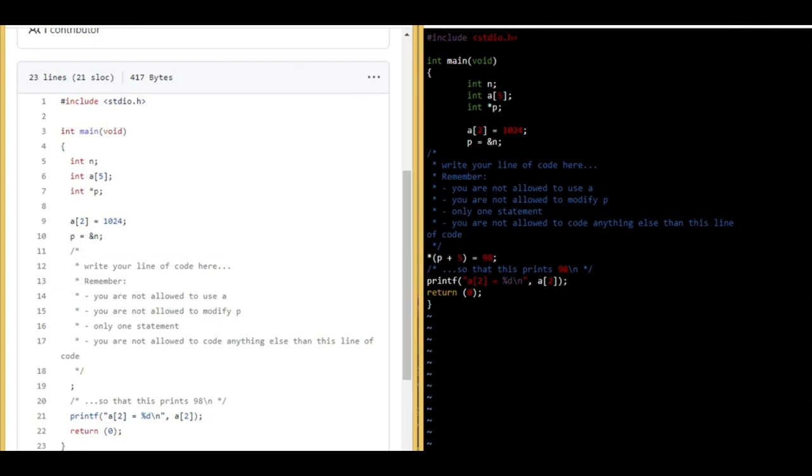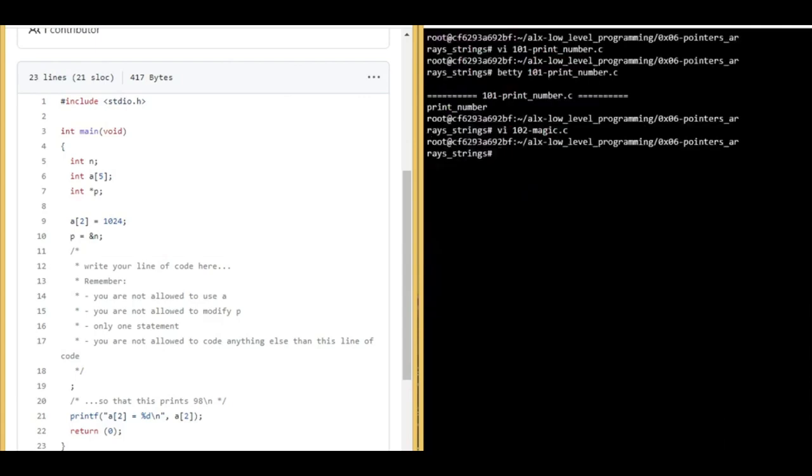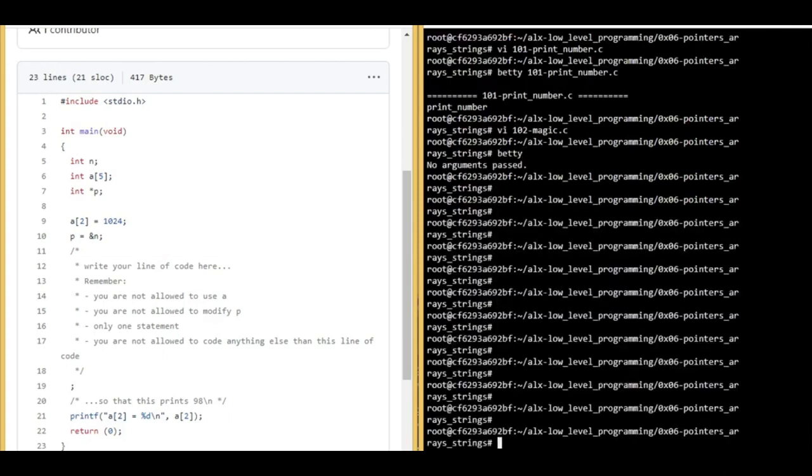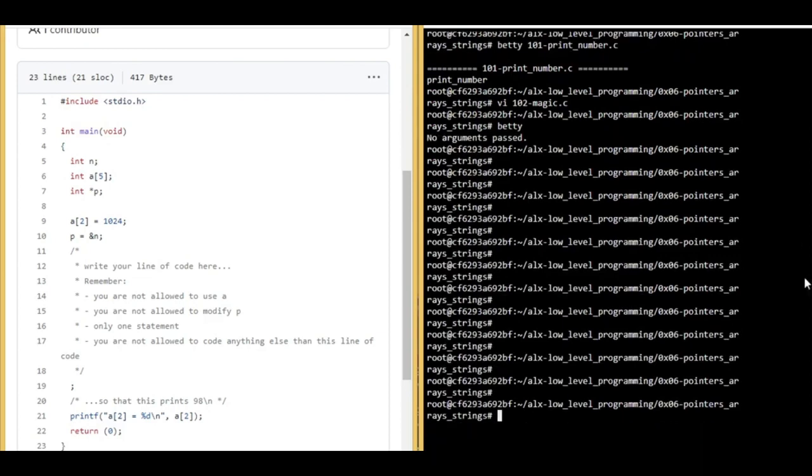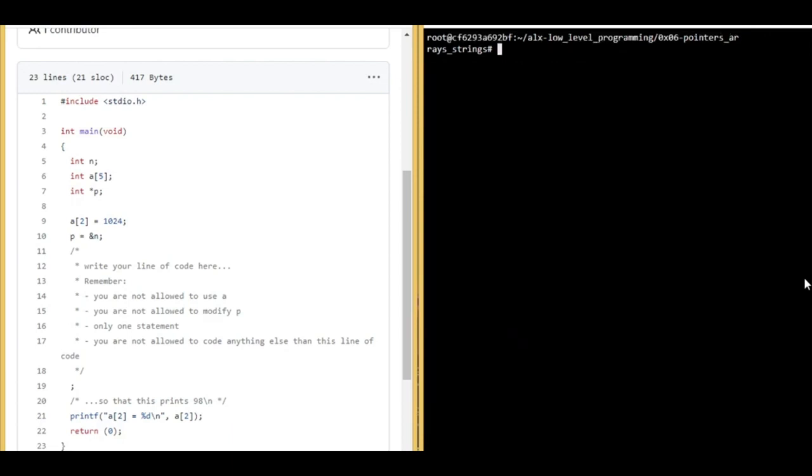Okay, you can come here, and once you have typed that in, press escape, colon WQ. Alright, so you press tab. So you can go ahead and do your Betty. After you do that, let me clear this. After you do Betty, then you can do your git add